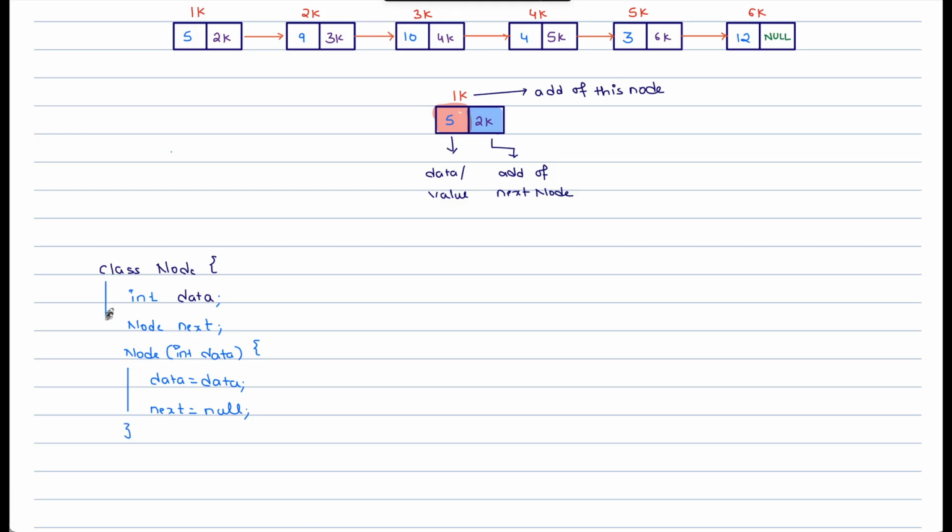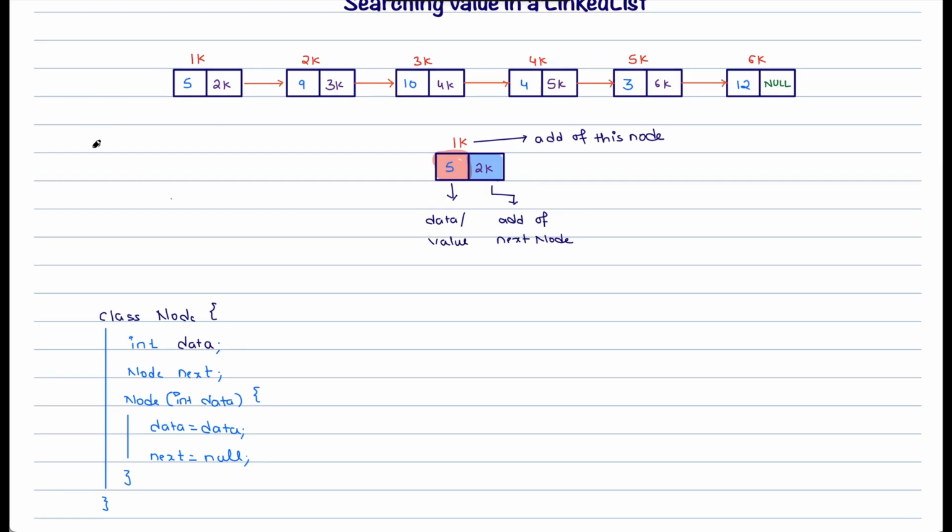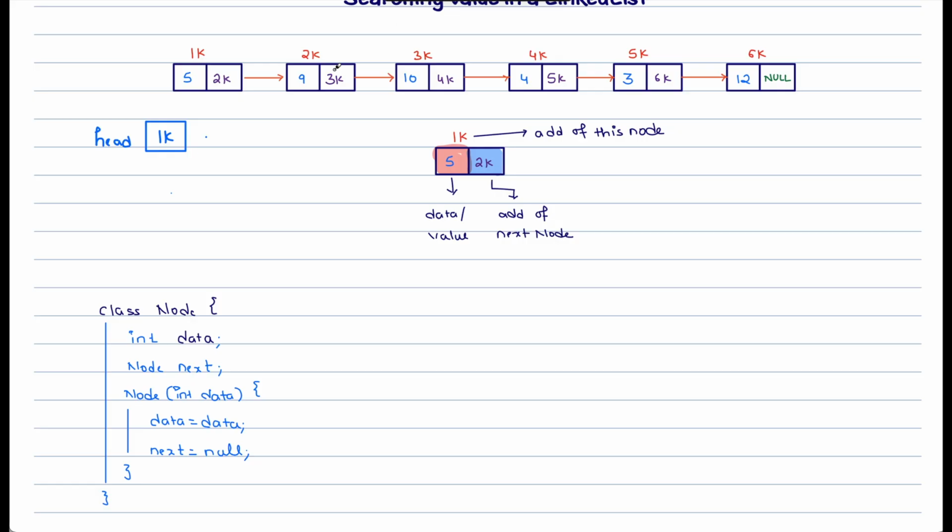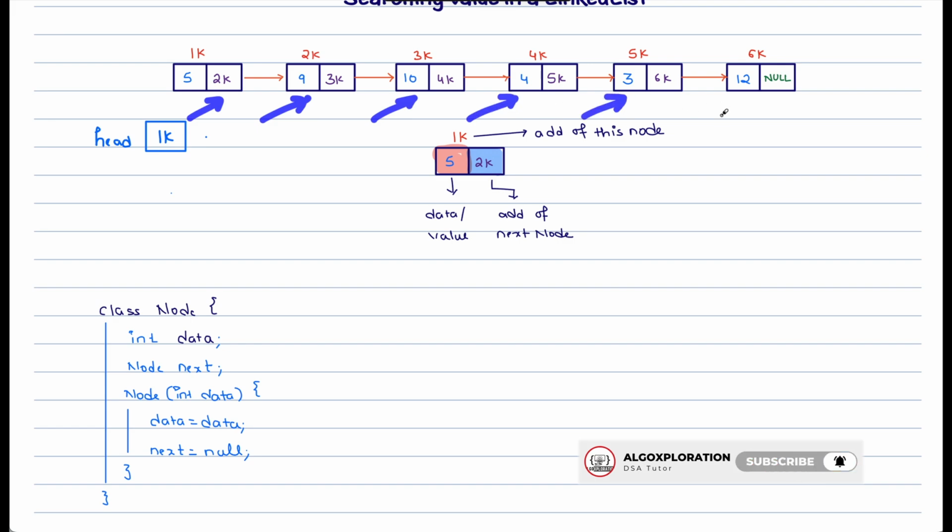Now if I call this node, I will only be creating one single node. If I want to have 5 nodes, then I need to call it 5 times. I just forgot to tell you that in every linked list there is one variable which stores the address of the first node, and we name it head. Over here head is nothing but 1k, which is the address of the first node. Now the question arises, if I created the node 5 times and created all the links as well,